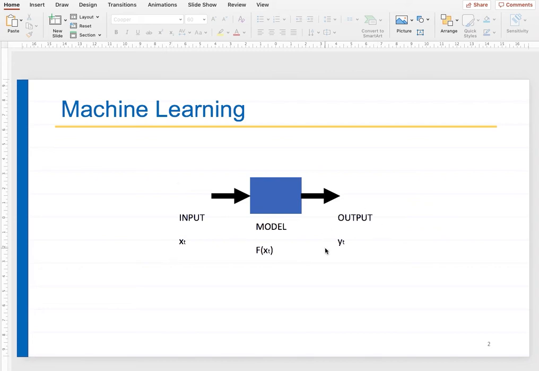output. What's my input? My input is any signal. What's the output? I have to choose that, right? What do I want to do with that signal? So I have to design my inputs carefully, the feature extraction part, the outputs carefully, what I actually want, and then I have to train my model. I have to train it in such a way that it is efficiently trained. We'll discuss in more detail what we mean by training. It means that it generalizes well over unseen cases. I'll give more examples later.